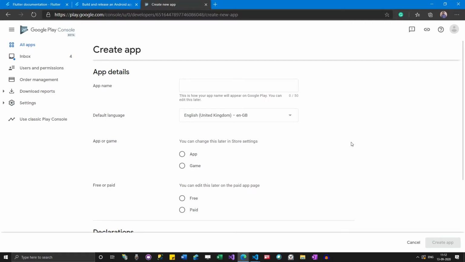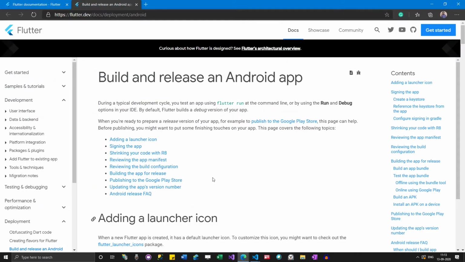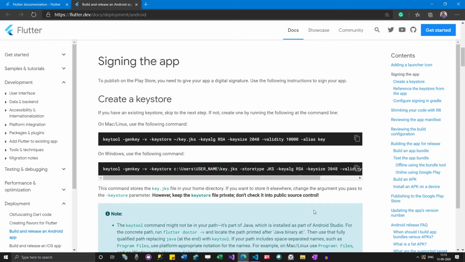So this app bundle will have multiple APK files which will be targeted at different kinds of architectures. When it comes to Android hardware, we'll have different kinds of architecture, right? So different kinds of architecture might need different kinds of APK files. That's why by following this procedure, you will generate a bundle which will have multiple APK files, and then those files have to be uploaded to the Play Store, from where Google will review it within maybe 3 to 4 days, and then they will approve the final app.